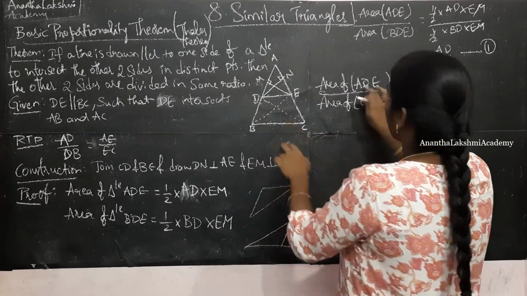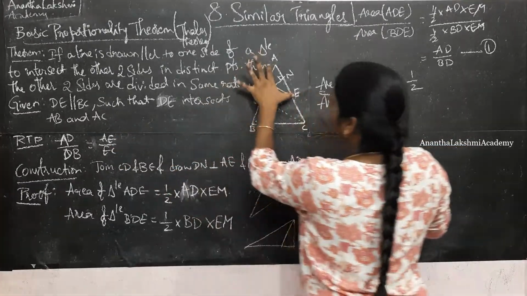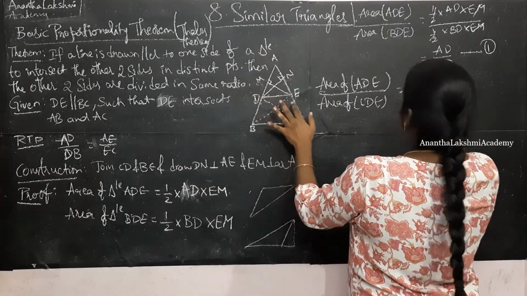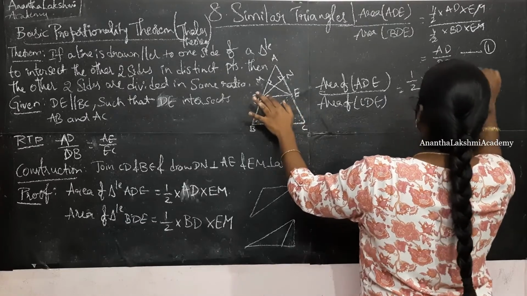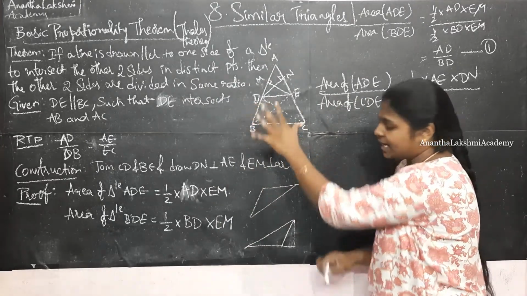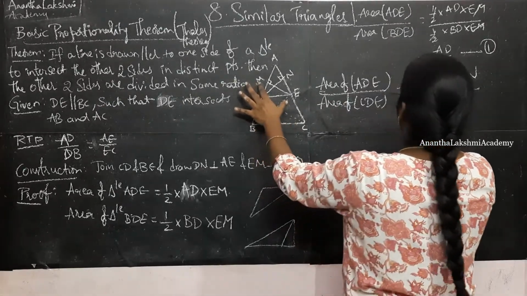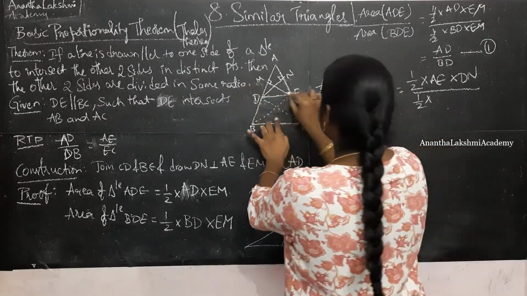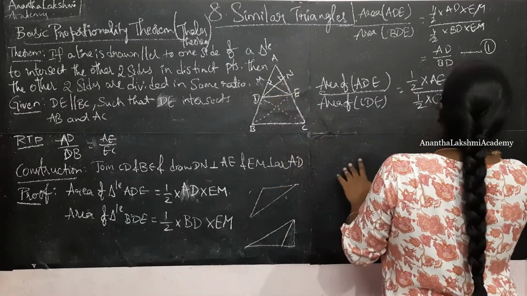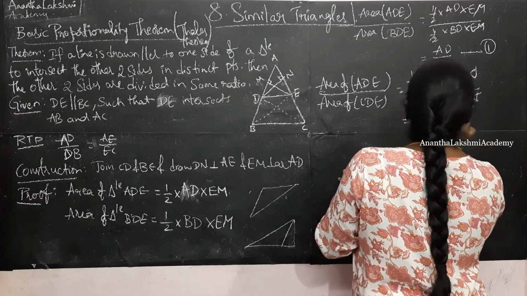Okay, this becomes half into, now that I want the ratio of AE and EC, so I am going to consider this side as base. So half into AE into, what is the perpendicular drawn? DN. By, in CDE, this is also an obtuse angled triangle wherein I said the height will be outside the triangle. So this is going to be half into, for CDE, what would be the base? CE into the perpendicular DN. So what happens? This and this get cancelled. This is equal to AE by CE. This is our equation 2.